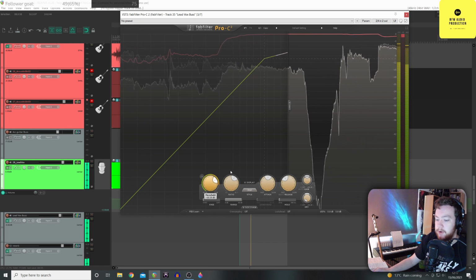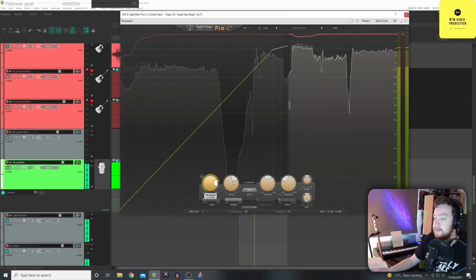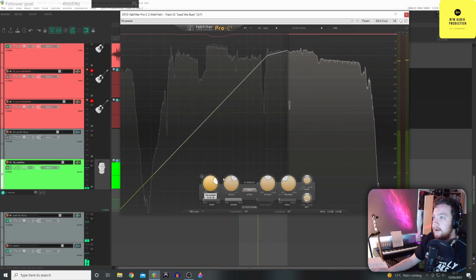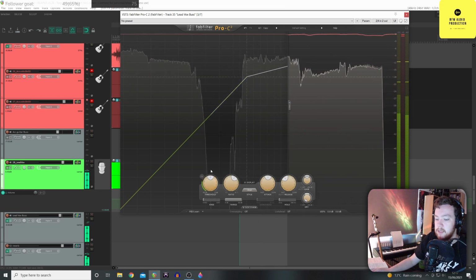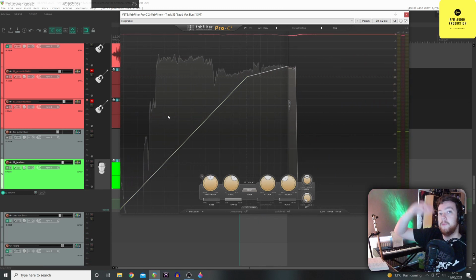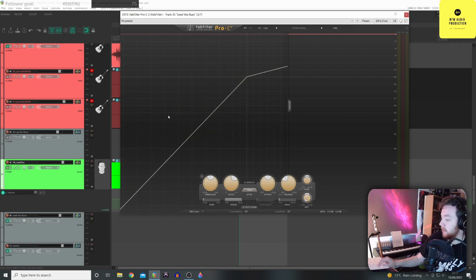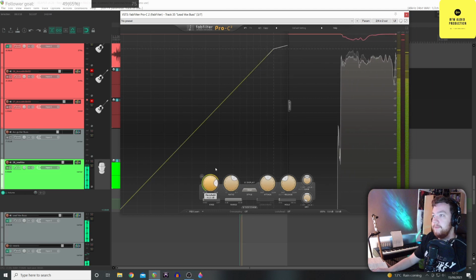So you can see where the green point is. That's where the level is. So that dictates at what point compression starts taking place. Now, when compression does take place, you'll notice that the volume of the track goes down. So if I do this here,